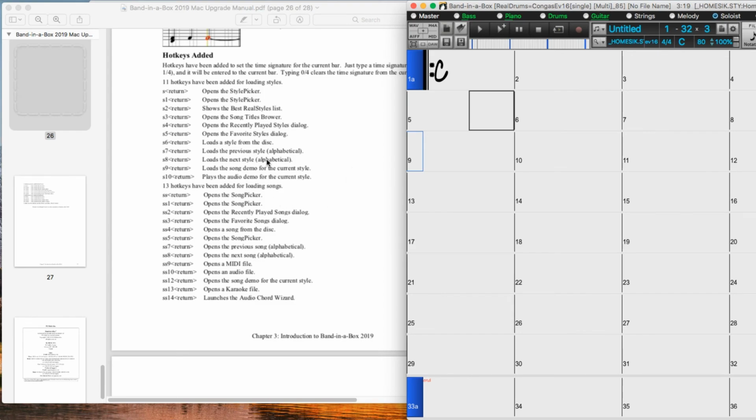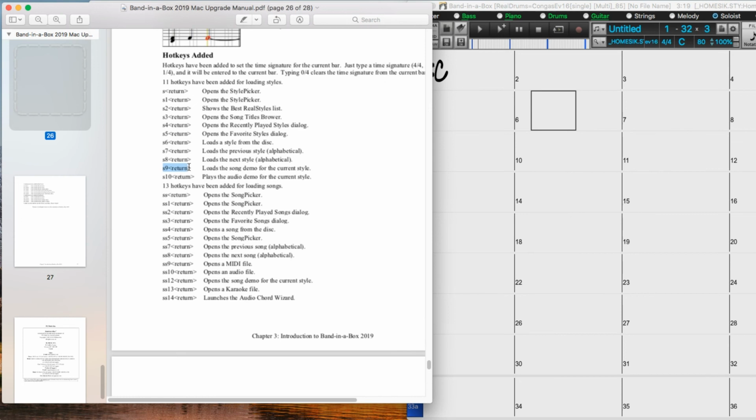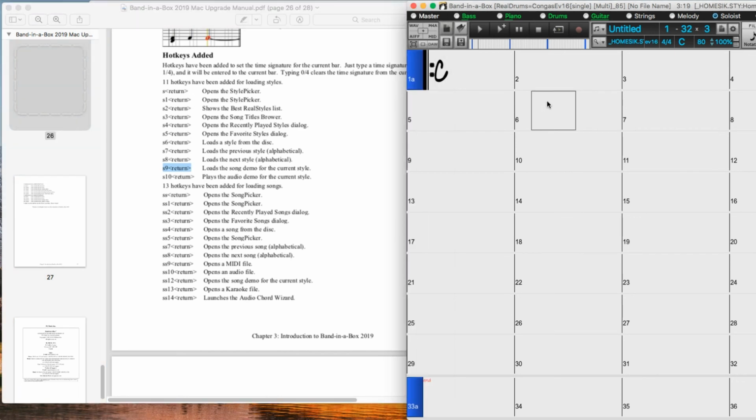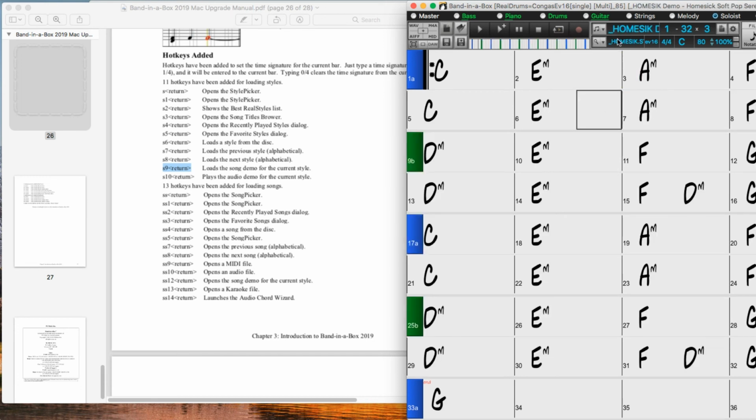We've also added a whole bunch of new hotkeys. These are the types of hotkeys that work like entering chords, but have different functions than actually entering chords. For example, the first one in the list, S, to open the style picker, is one that's actually been around for a while. But now following it with a number gives you great different style options. So for example, if I type S9 return, as if I were typing a chord,